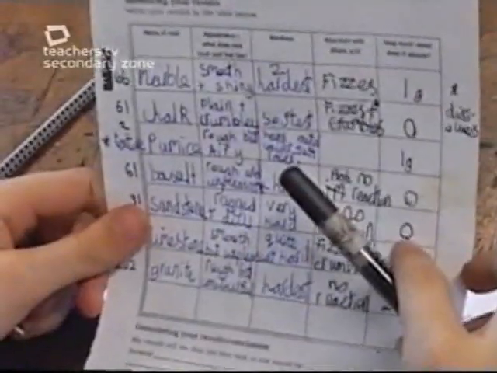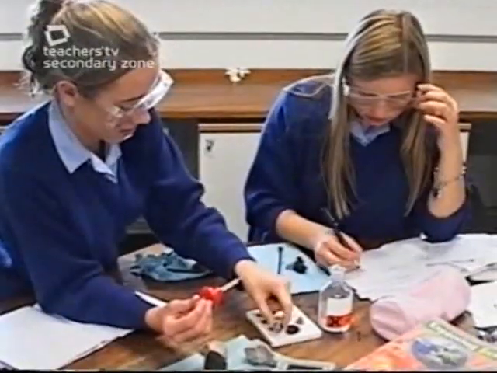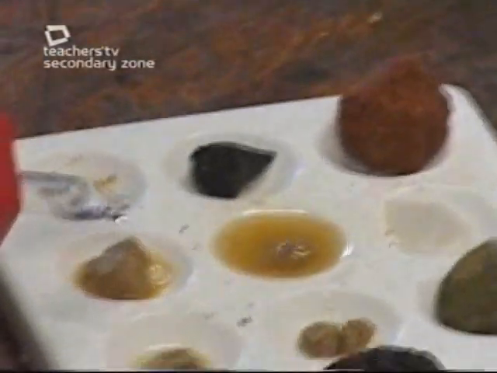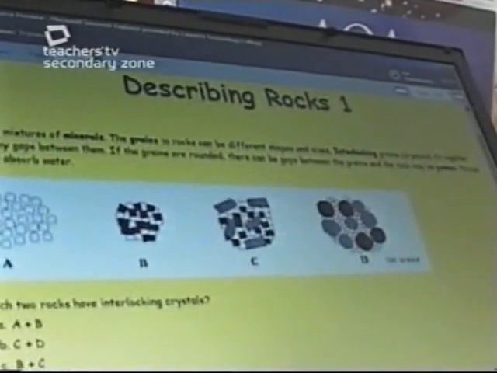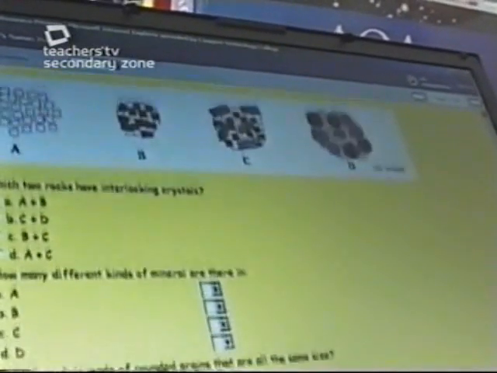As a science teacher, what I do is I use Class Server to be very specific to individual classes and their abilities. So I can set and create work which they can go home, go away on holiday, anywhere, and complete tasks that I've set them. As they're doing the rocks topic, they'll be asked to log on and read the information provided to produce a piece of work on different textures of rock.